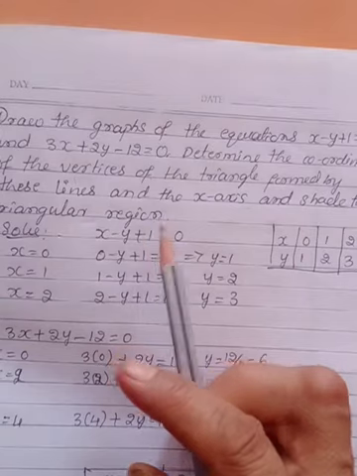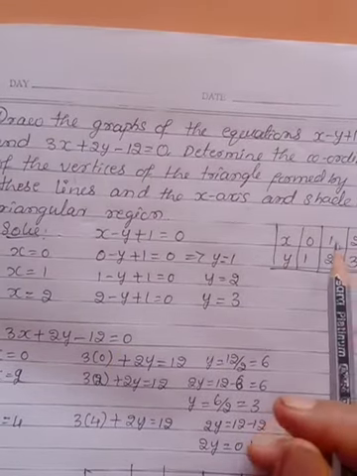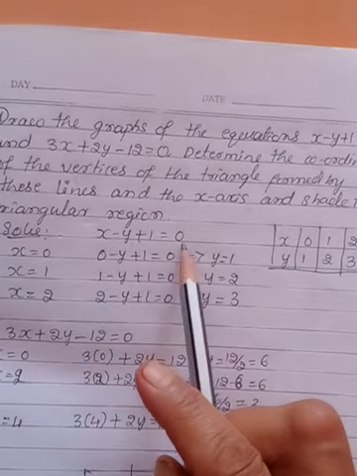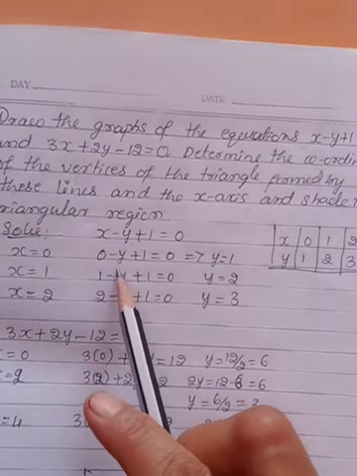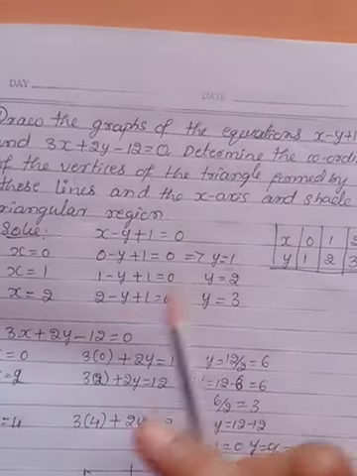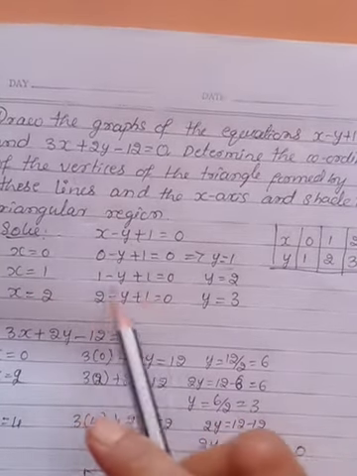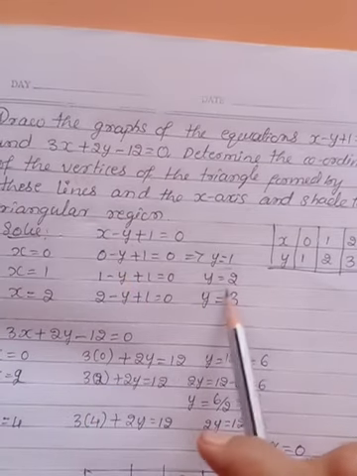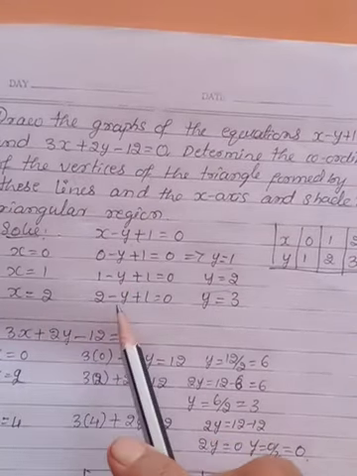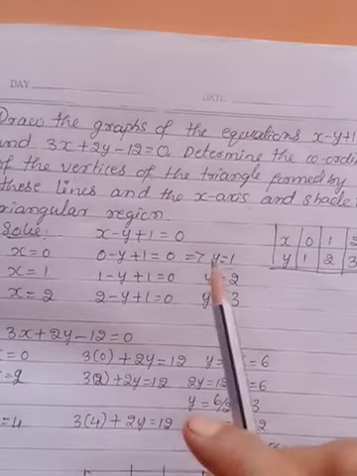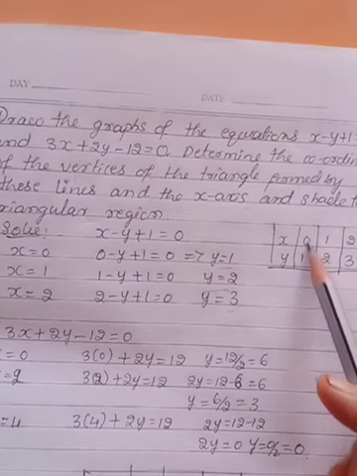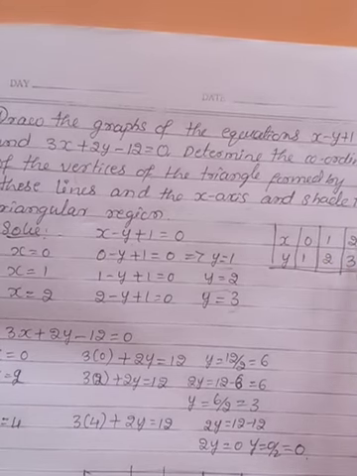Equations we will solve because we have to draw the graph for this. So for the first equation, x minus y plus 1 is equal to 0. X is 0: 0 minus y plus 1, y you send this side, this means y will be 1. x is 1 means 1 plus 1 is 2, so y will be 2. Here also x is equal to 2 means 2 plus 1 is 3, that is, y value will be 3. So we got (0,1), (1,2), (2,3).